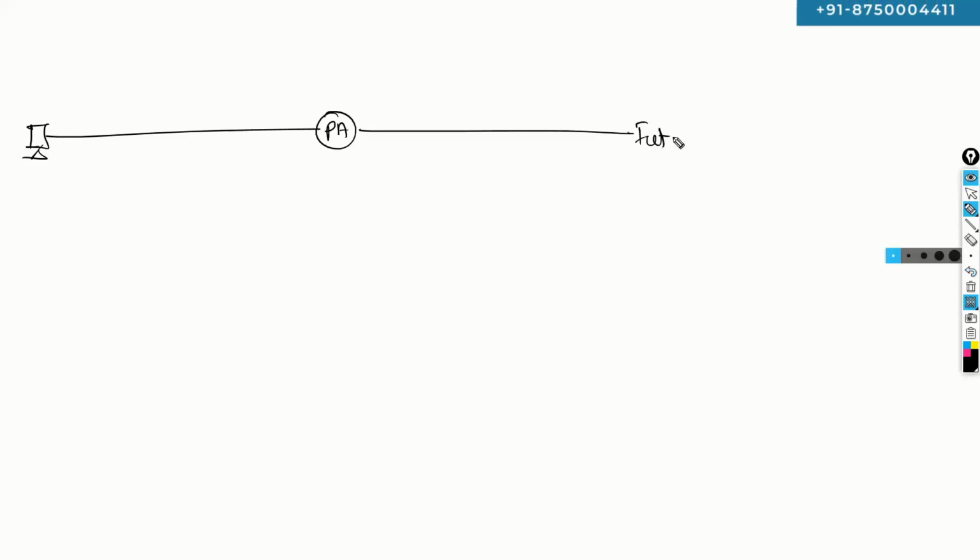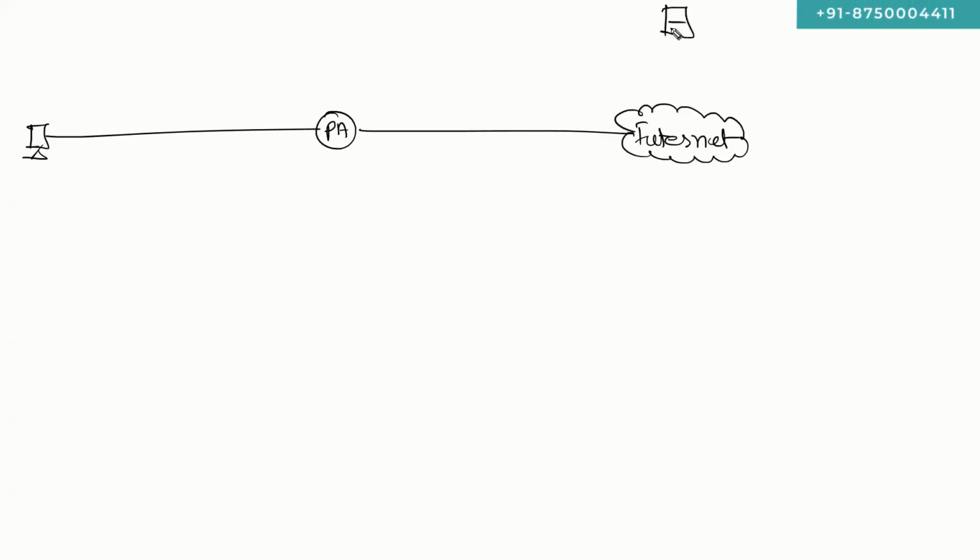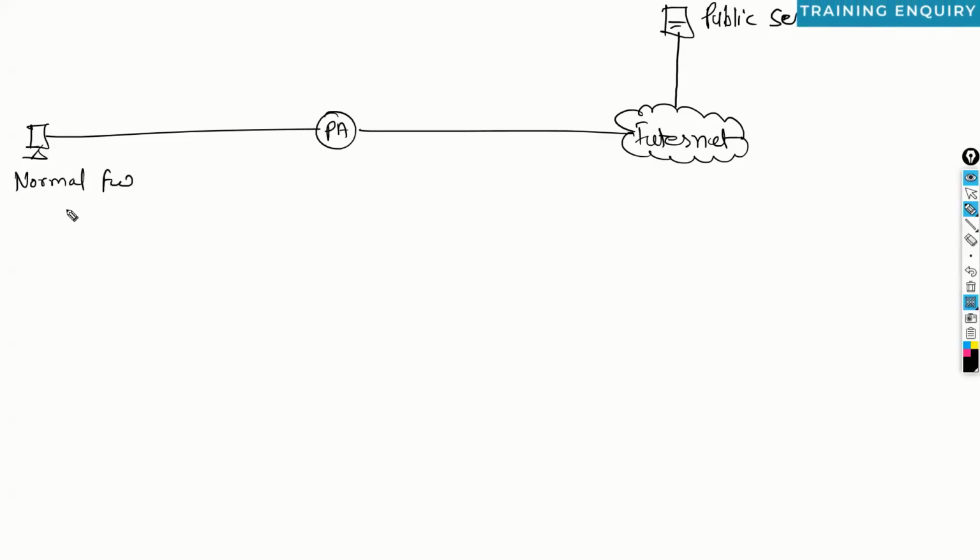We have a PC. The PC is connected with Palo Alto. Palo Alto is connected with the internet, so this is our internet, and on the internet we have a public server. This is the public server, and we are talking about the normal firewall. At the normal firewall we define a rule like,